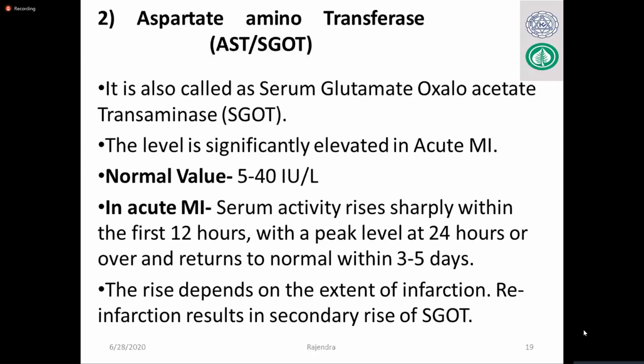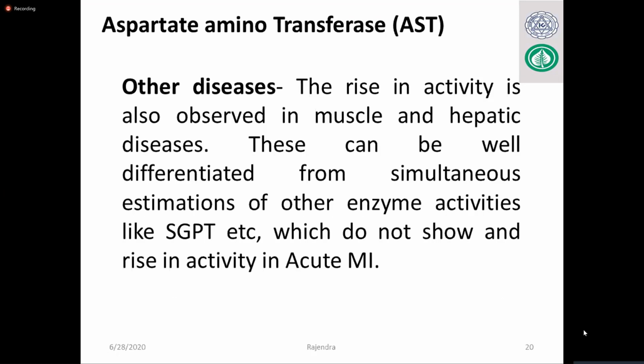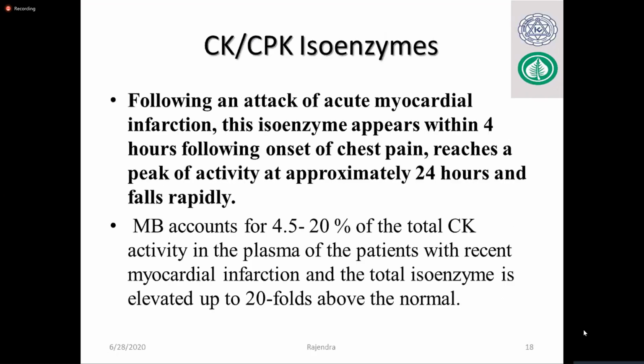Yes, next, once we have a very brief idea about CK, why we measure it, when we measure it, now I think you are able to find out that if a patient has some history of myocardial infarction, you have to measure CKMB. You can measure CPK total also, but if available, you have to measure CKMB because that is more specific and sensitive, along with ECG. Not only that, troponin I is more sensitive than CKMB, but we are talking about enzymes here. Troponin is just a protein, not an enzyme. That's why we will discuss troponin at the end of this.